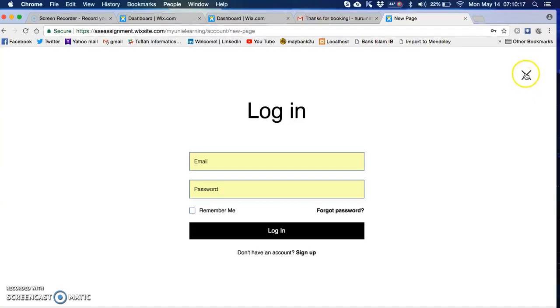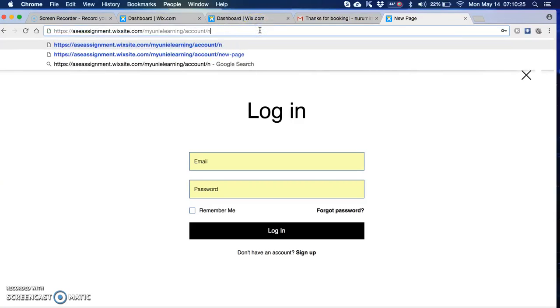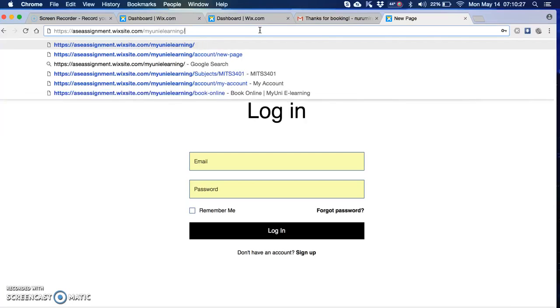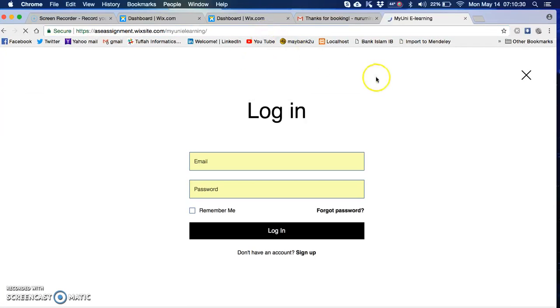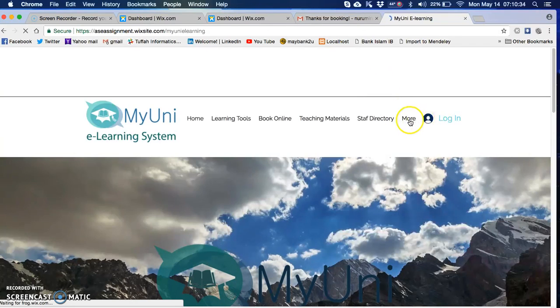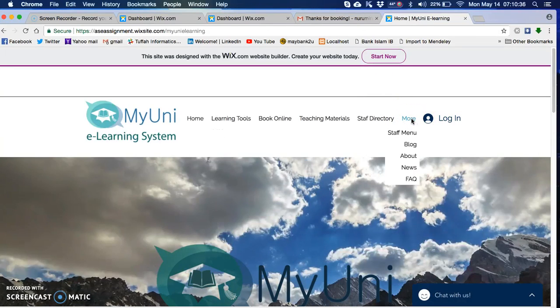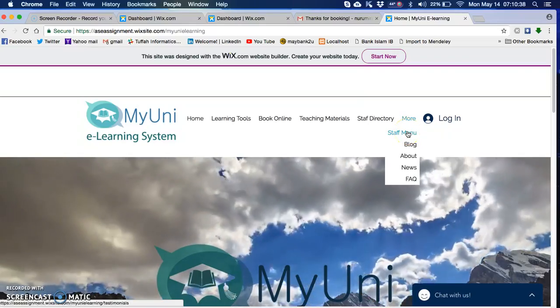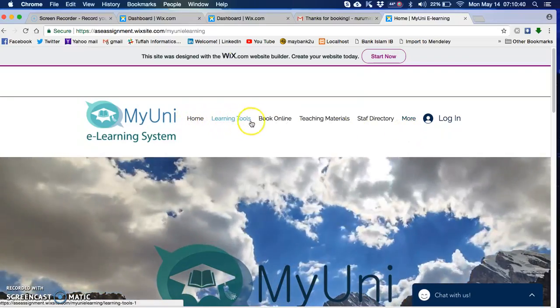So for admin or staff, we do not have to log in. As I said, the staff can directly use the features for the website directly through the menu that we call staff menu here. They can navigate through